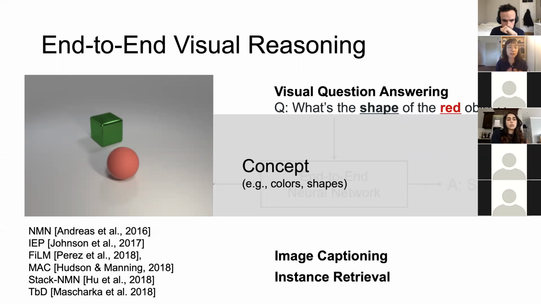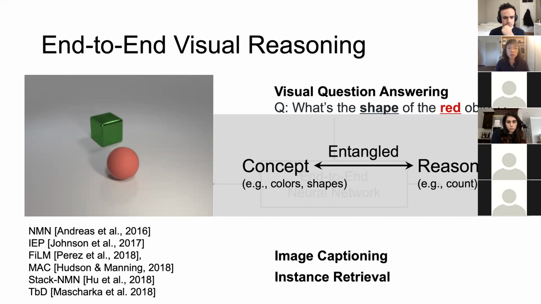The first part is the actual concepts, that is, the actual association between words and different visual appearances, like colors or shapes. The second part is the ability to perform reasoning, such as how I can count the number of objects. In such an end-to-end learning framework, these two things are entangled with each other. This results in the learned concepts not being easily transferred to other tasks,